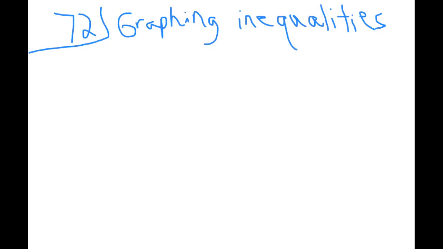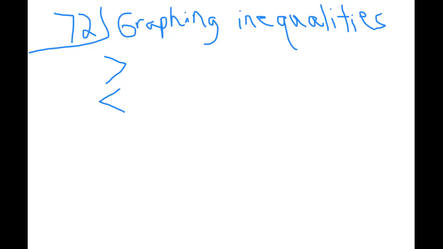So we talked about inequalities before. So equalities, right? Equality was something like an equal sign, right? So we're very familiar with those. But if we're talking about inequalities, we're talking about these little things, right? So if you have one of these or one of these,